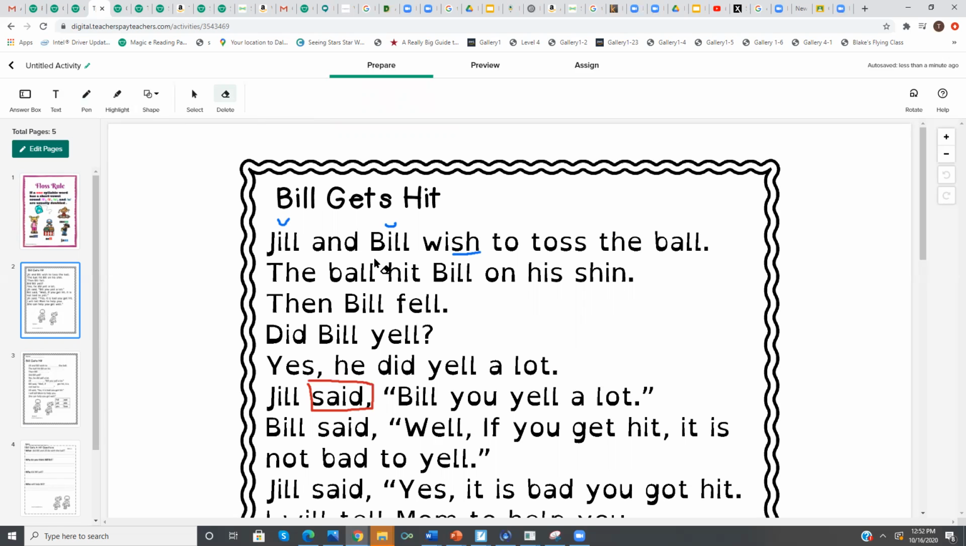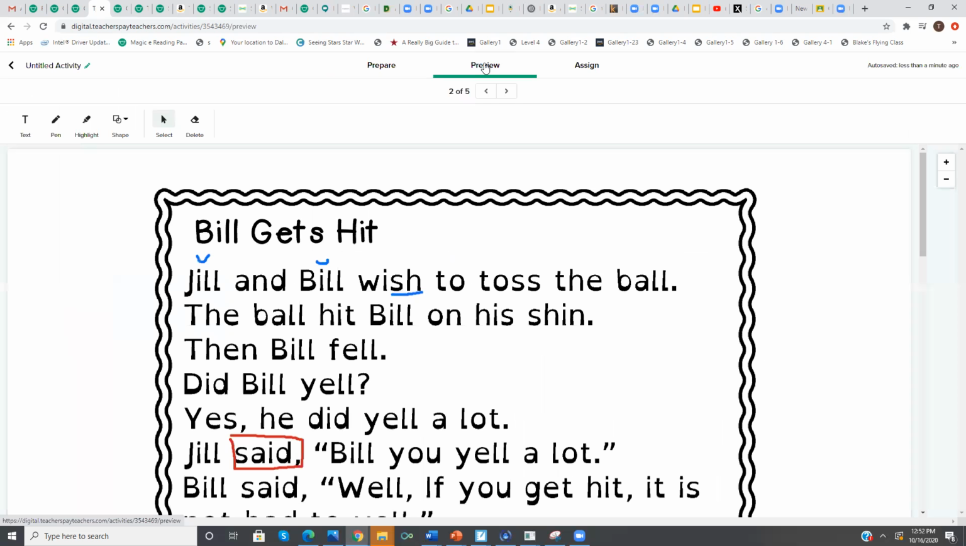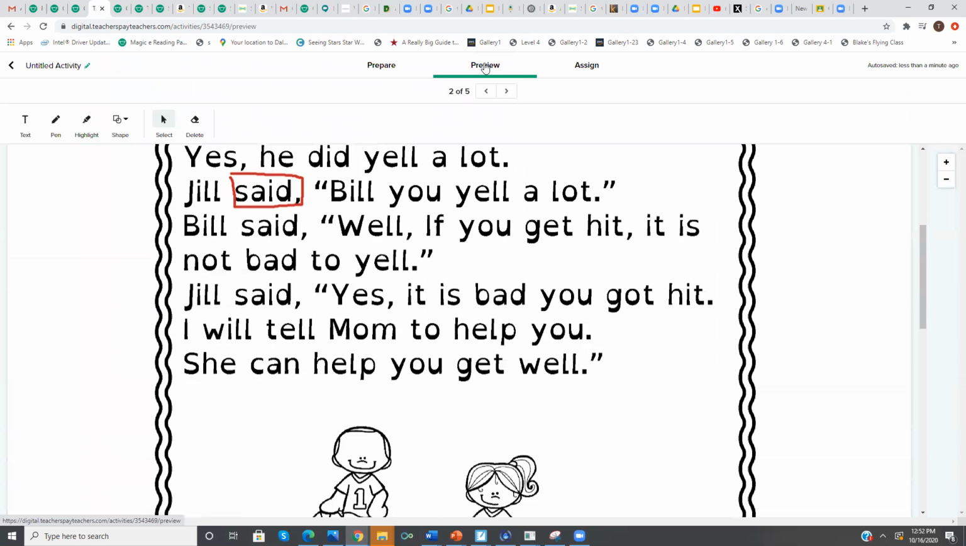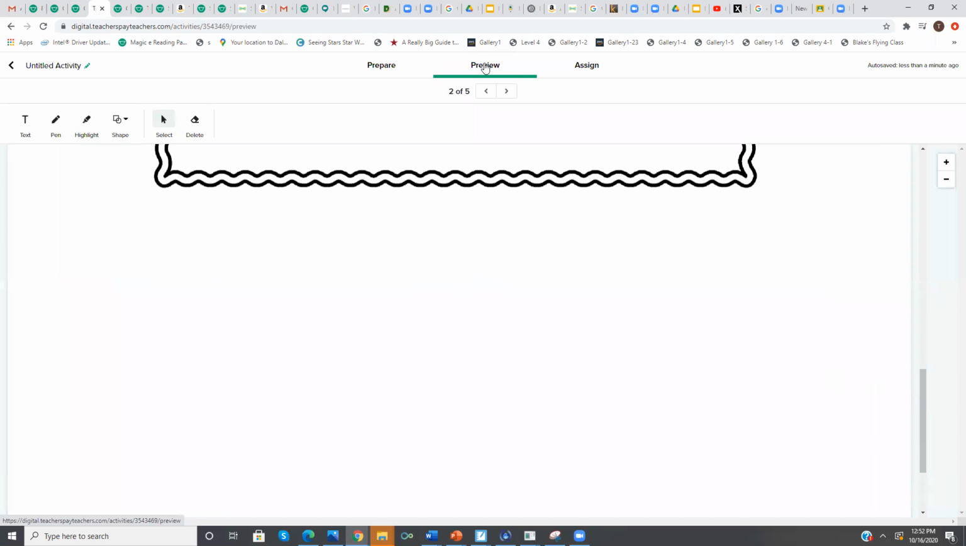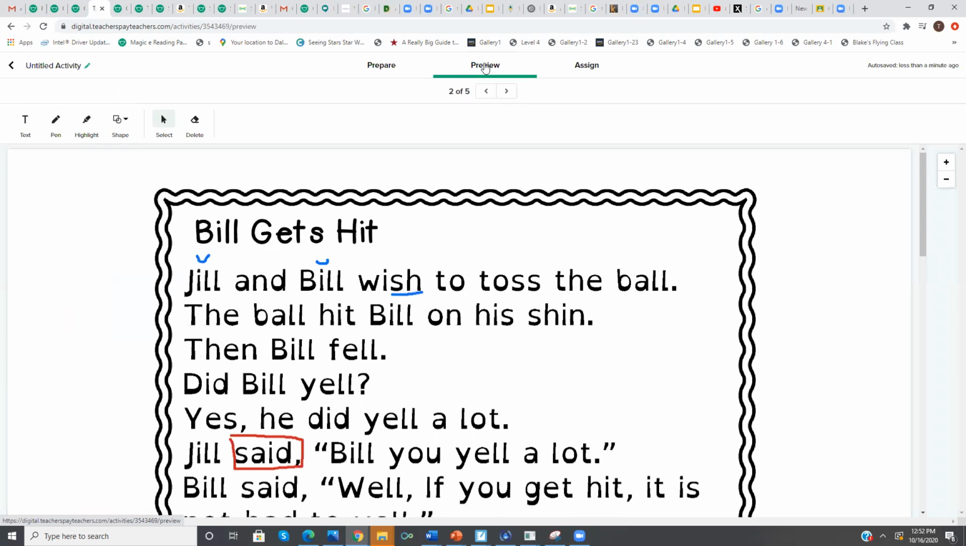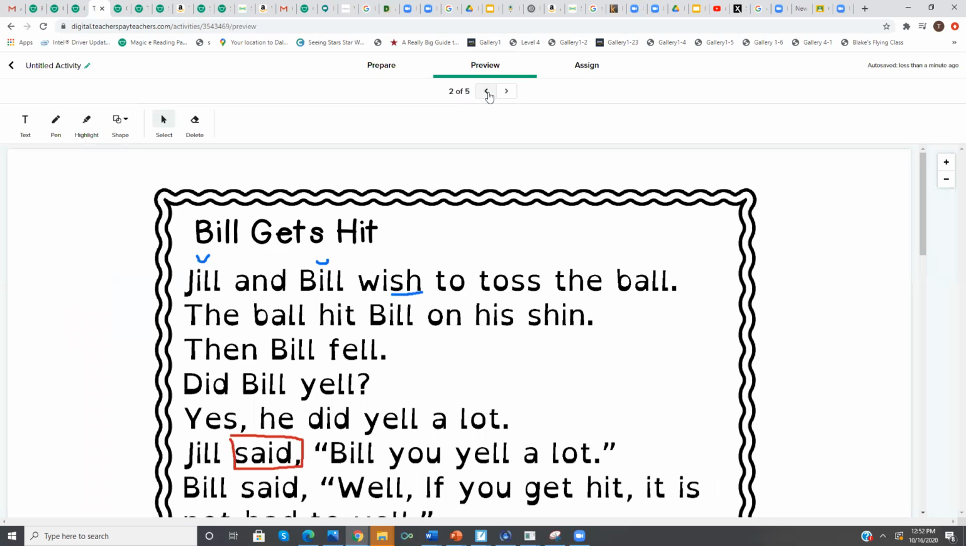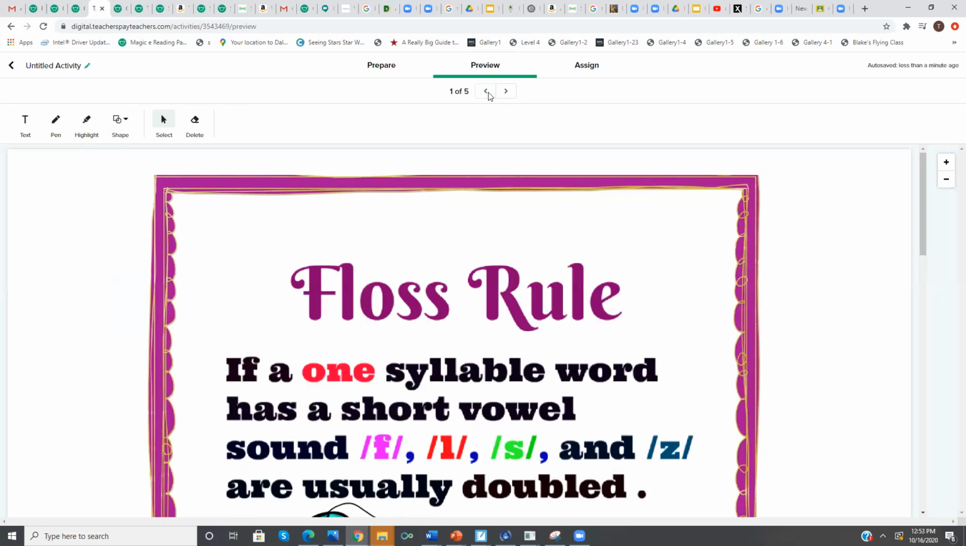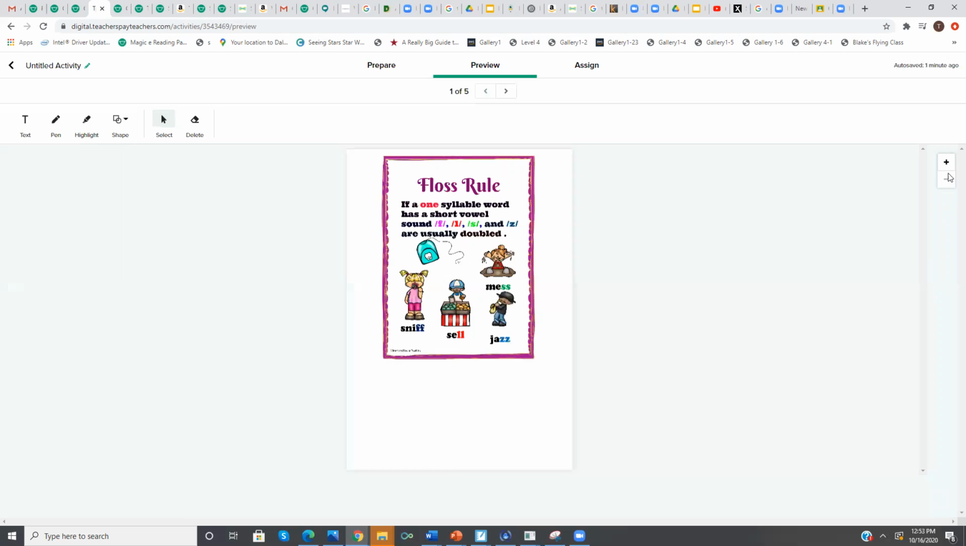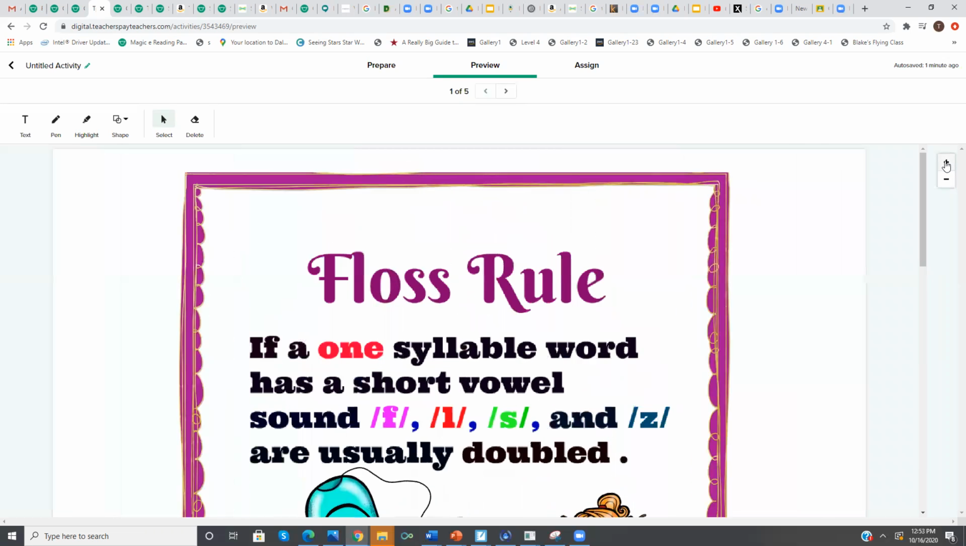So once you've done whatever you want to do with this, then you can preview it. And this is what your student will see. Okay. And so your student will be able to click from one page to another, and that's what your student will see. So you can see it on the preview. Okay. And you can also make it bigger or smaller using this plus minus tool over here. Okay, once you want to assign it, you just click assign,